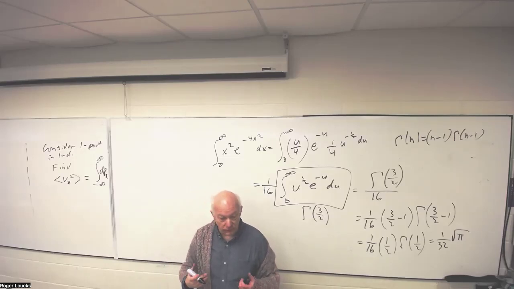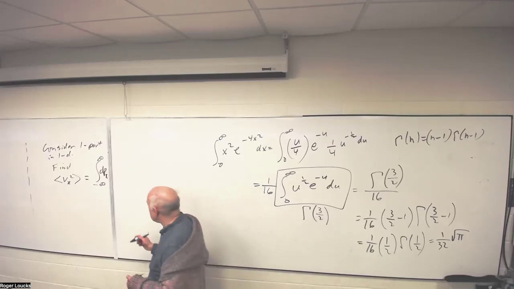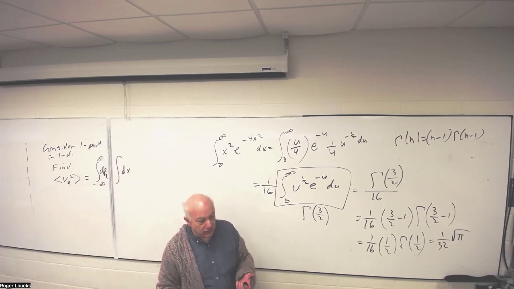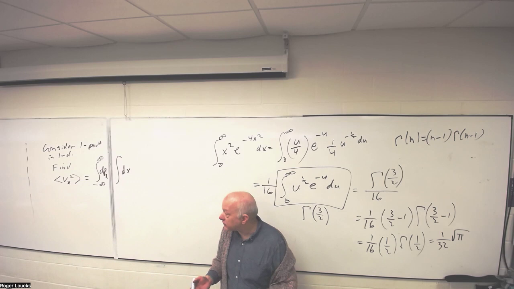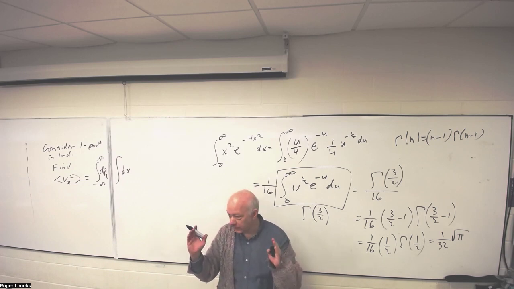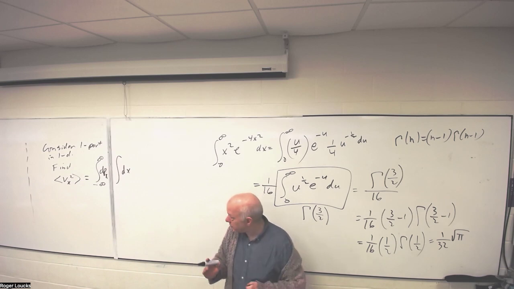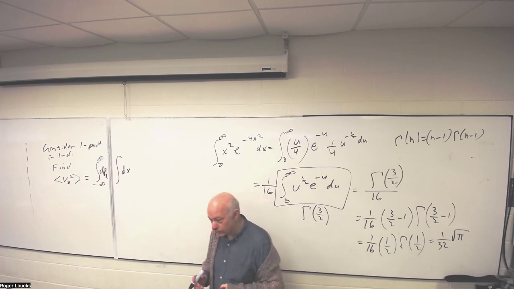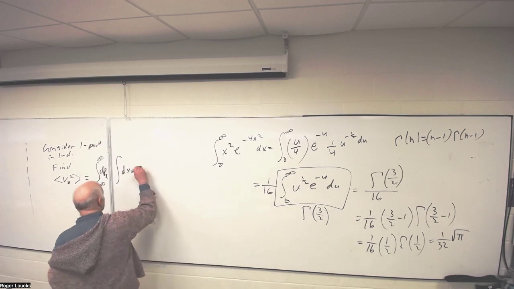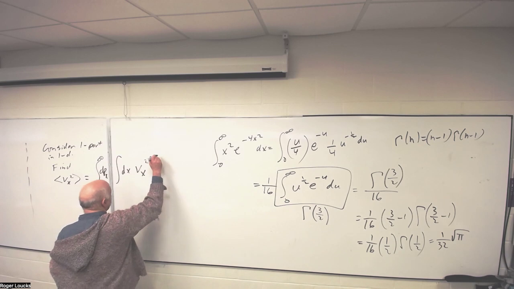Now we have to integrate over all position, which would be dx, just the integral dx. I'm not going to put minus infinity to infinity because I'm assuming my particle's in a box. What do you think the length of our box will be? L. That's going to be a good name for it. What else do we do? We put the x squared in here, times our e to the minus